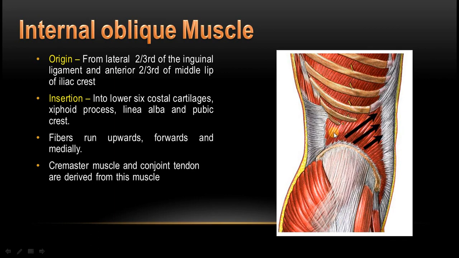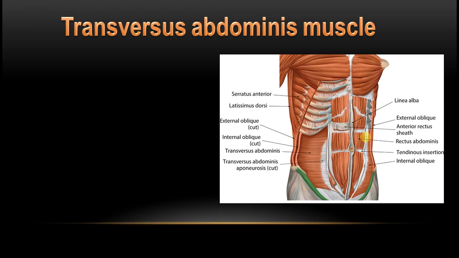So you are able to see the internal oblique fibers, which run upwards, forwards and medially, at right angles to the fibers of the external oblique aponeurosis. The external oblique and the internal oblique, both muscles are supplied by the lower 6 thoracic nerves, and internal oblique in addition is also supplied by the first lumbar nerve. The next muscle